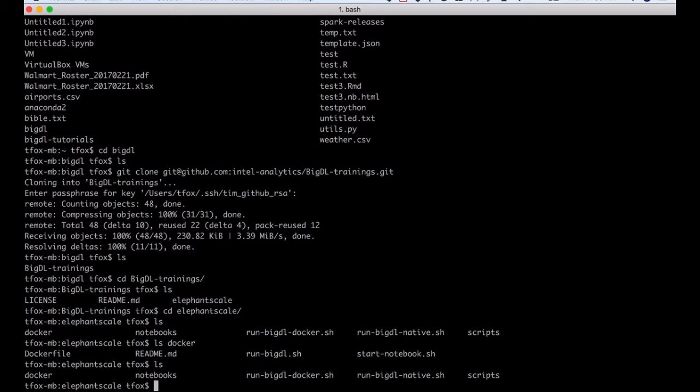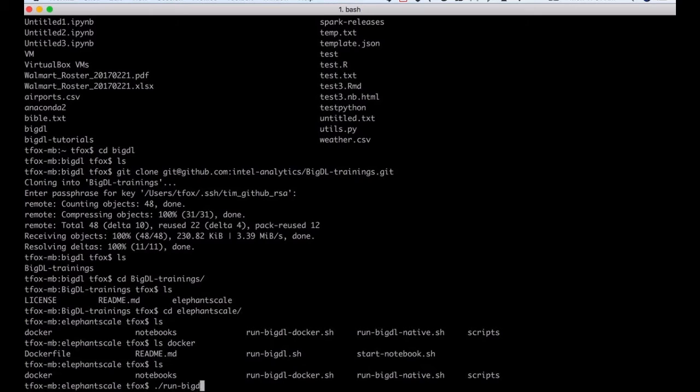Now there's a couple scripts here. One is run BigDL native. What that will do is run BigDL locally on your own box. However, we're going to demonstrate how to do that by running inside the Sandbox. You can use that for running locally on your laptop, as long as your laptop or other box supports that. We're going to run with run BigDL Docker, which is what I'm going to demonstrate here.